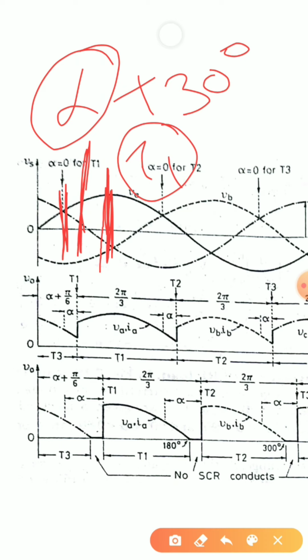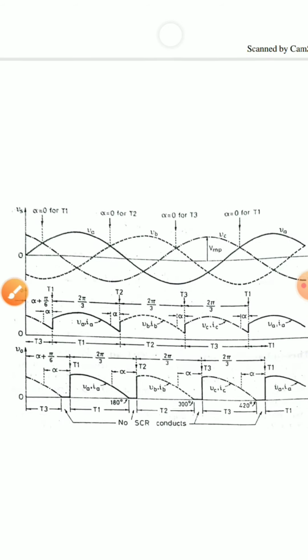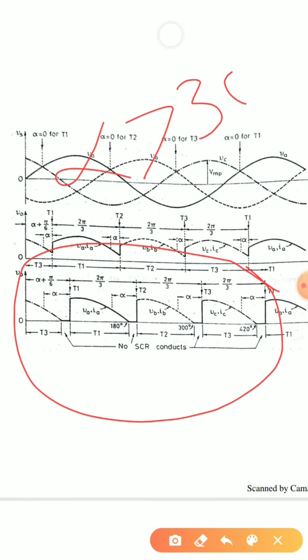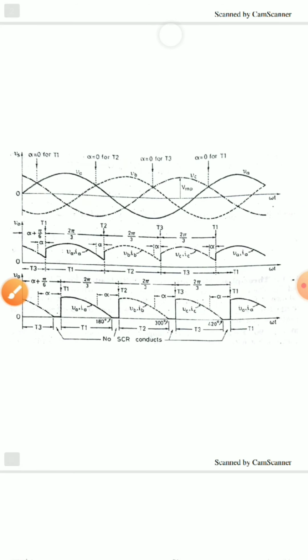From here, if I take 120 degree, somewhere here I'll get T2 conducting. As we know, T1 is conducting for A phase, it is coming here. As it is an AC wave, it will get commutated over here. Then I'll get a 0 portion, then again VB, then again a 0 portion, then again VC I'll be getting. Now let us look into the waveform. This is the waveform for alpha greater than 30 degrees. Here we can clearly see that T1 is starting here, it is coming to 0 because of natural commutation. A 0 portion I am getting, and this is the waveform that I will be getting for a 3-phase 3-pulse converter when the firing angle is greater than 30 degree.